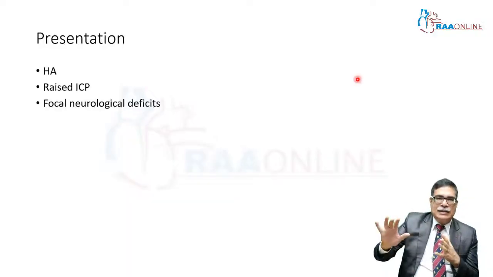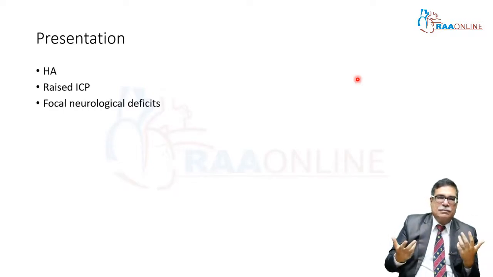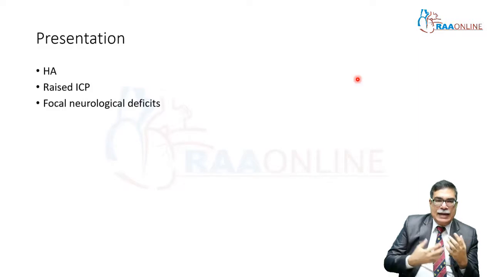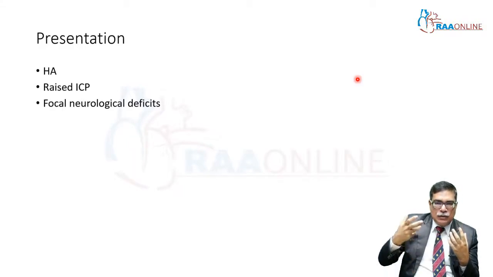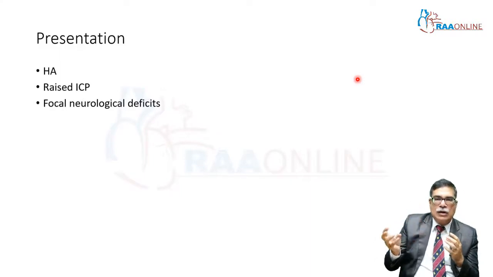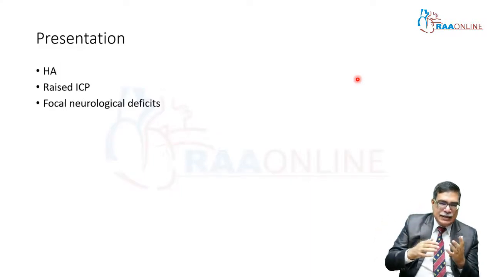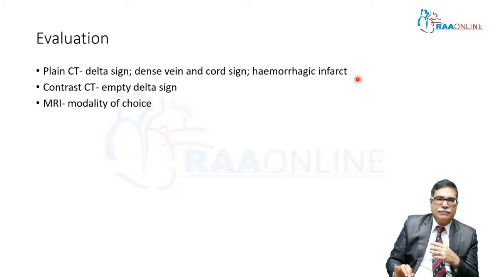The patients with CVT again present with severe headache, symptoms of raised ICP. So what are the symptoms of raised ICP? Headache, projectile vomiting, visual obscurations. Depending on which vein is thrombosed, causing back pressure to the venous drainage, and where the hemorrhagic infarct happens, they can have various focal neurological deficits.